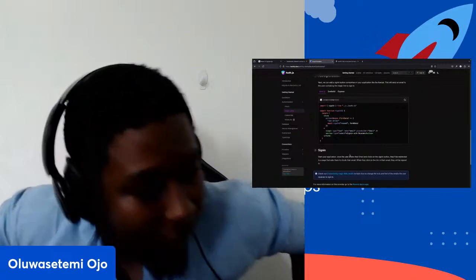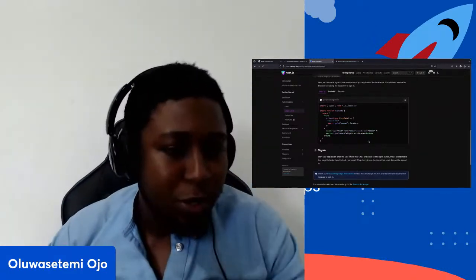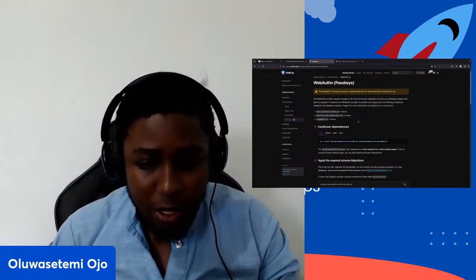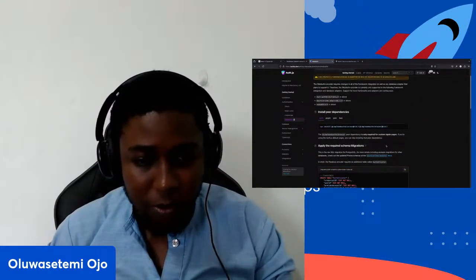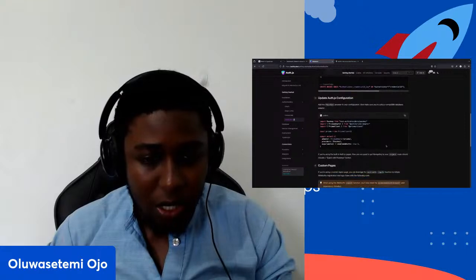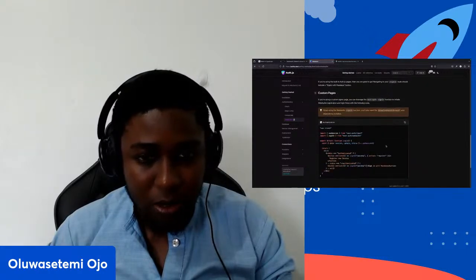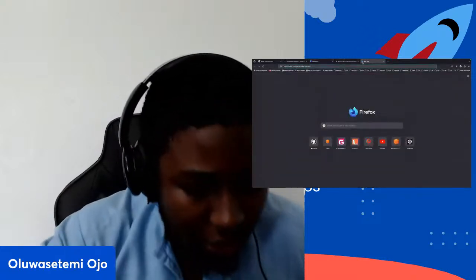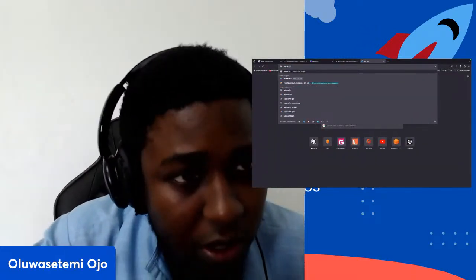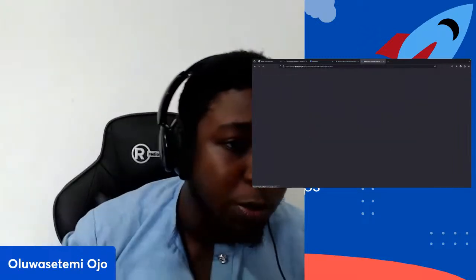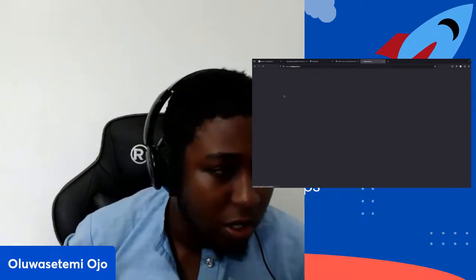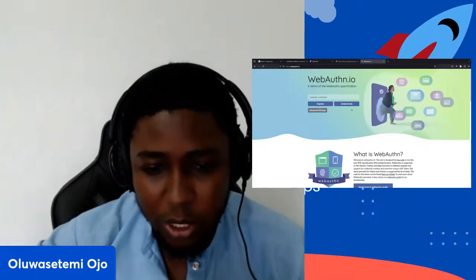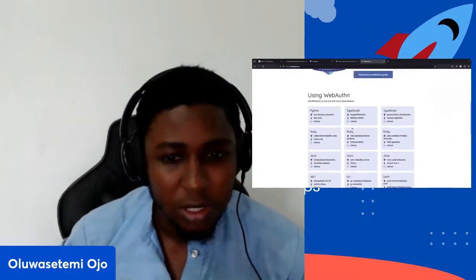Yeah, GitHub uses passkey. That's what I'm saying. Passkey is built on WebAuthn, right? Passkey is based on WebAuthn. So if you are using that, no, there should be a page for WebAuthn itself. They should have their home page here and their standard guide for WebAuthn. So WebAuthn is a new way of authentication.